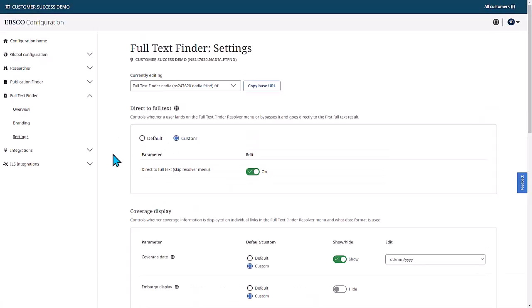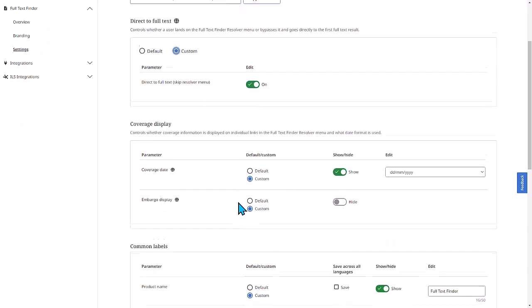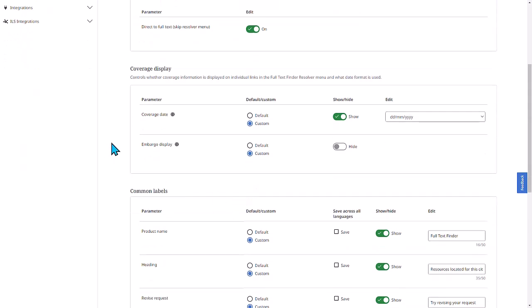You can also adjust some settings, including whether your user lands on the Full Text Finder Resolver menu or bypasses it and goes directly to the first full text result. To set this, you can go to Custom and toggle the setting to On. You can also adjust things like your coverage display,